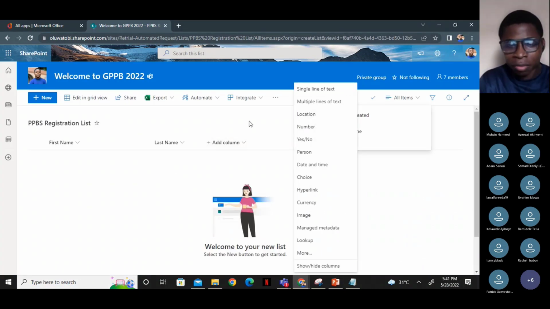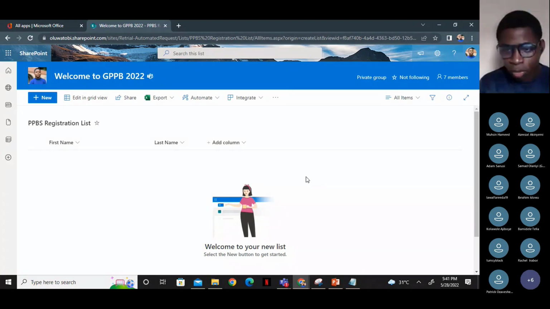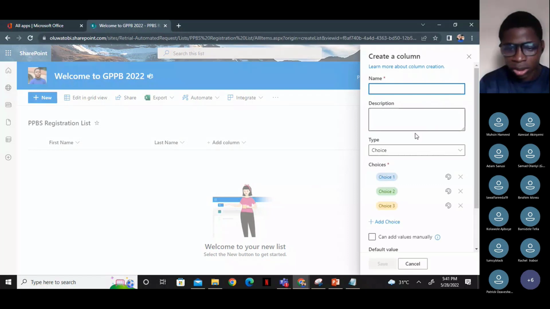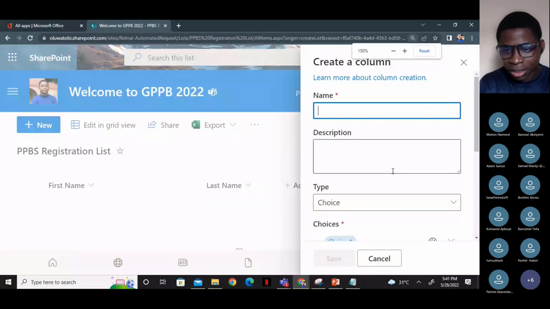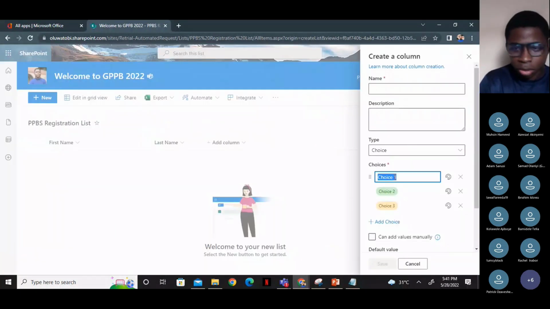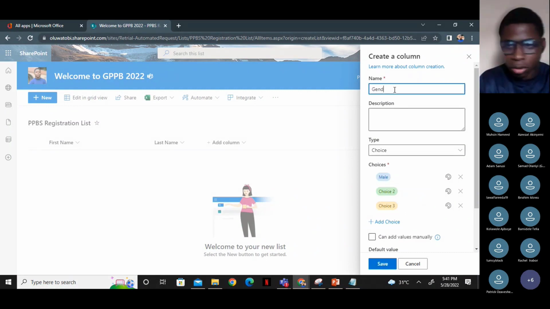Then what do I need again for my registration app? Gender. Now gender can either be male or female. So I would go for a choice column. Like I said, a choice column is to pick between different choices. So when I click on choice column, I'll just configure this one. So I'll turn this one to male. Let me put gender there. Gender, male,